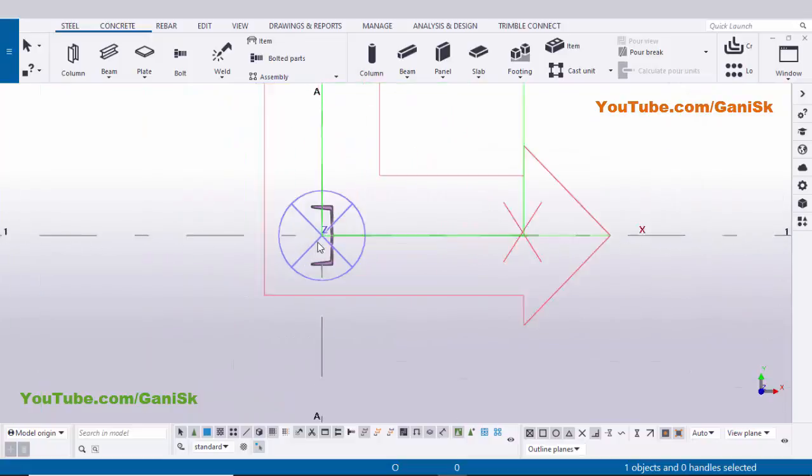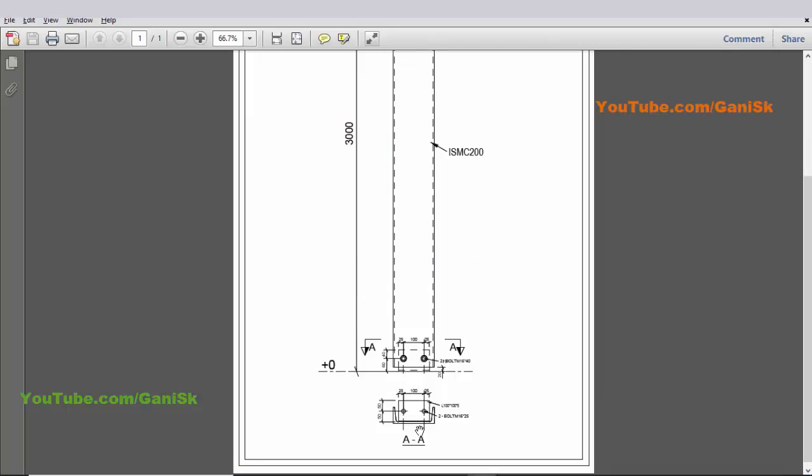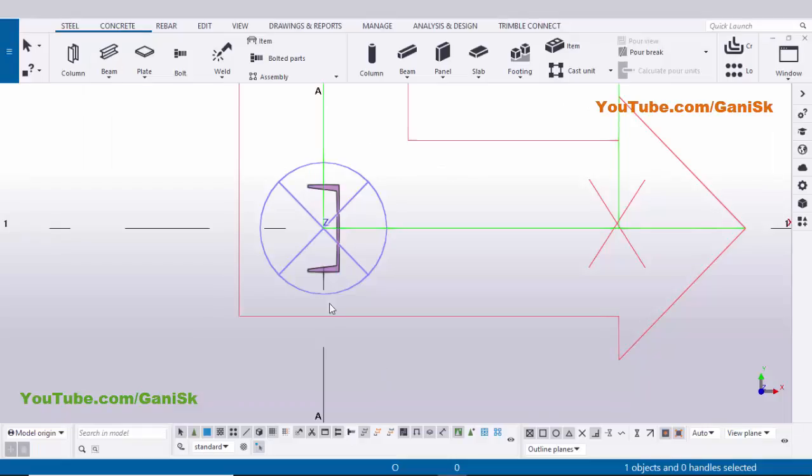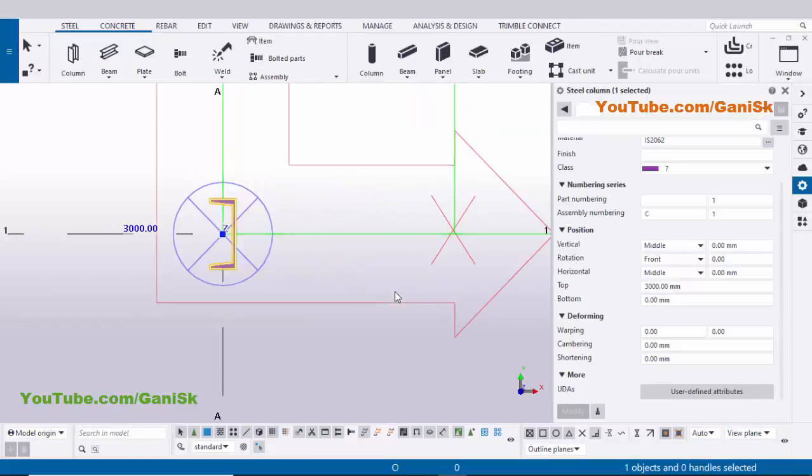You can see now we have column like this. In our example, we have column orientation like this. Now we're going to rotate this column. So double click on it. Now select here 90 degrees rotation. Click on modify. We need to rotate once again. So enter here 180 degrees. Click on modify. You'll get like this.